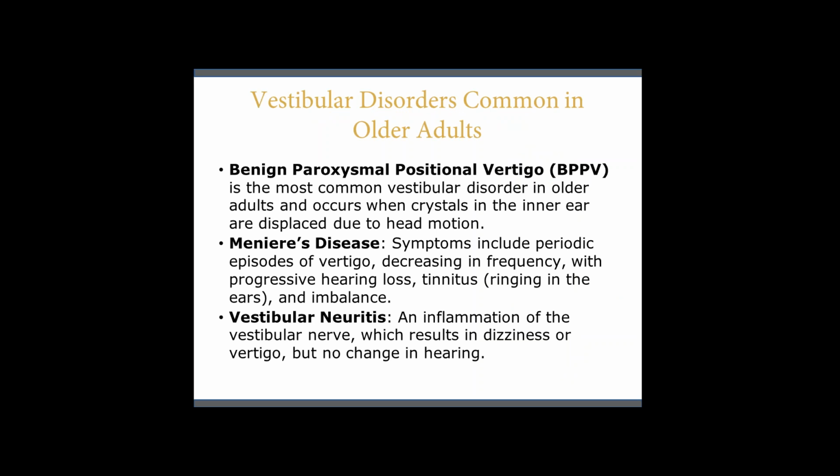So in terms of the most common vestibular disorders diagnosed in older adults, BPPV, benign paroxysmal positional vertigo, is the most common vestibular disorder. This is what occurs when the crystals that are normally supposed to be on the utricular macula, which degenerates with aging, get loose and go into a semicircular canal where they're not supposed to be. It's really a biomechanical problem. It's not a disease or pathology, and it doesn't cause a consistent, continuous complaint of vertigo. It's only causing vertigo complaints in certain positions, but it is causing a consistent underlying problem with balance and gait